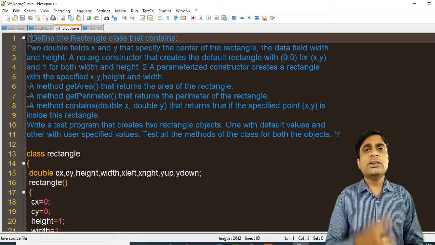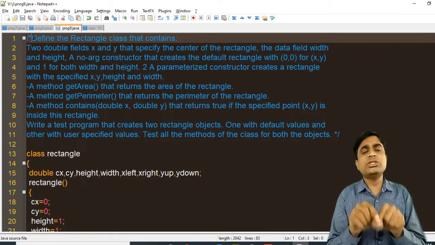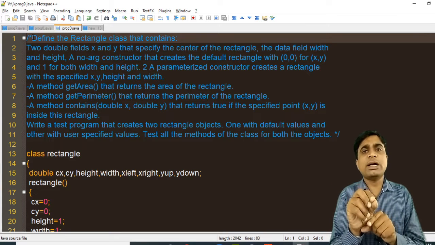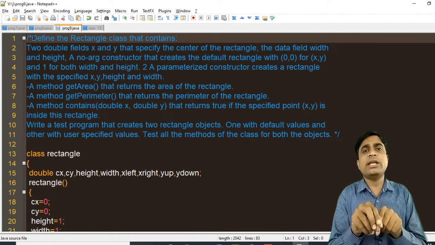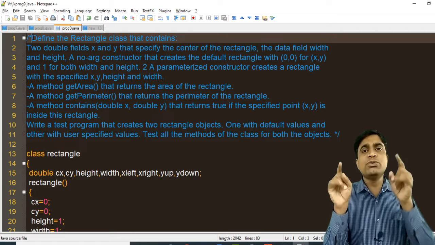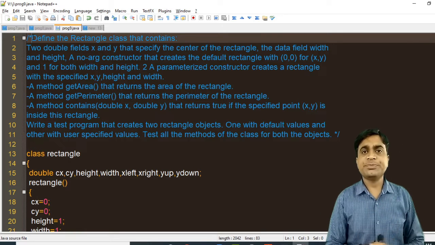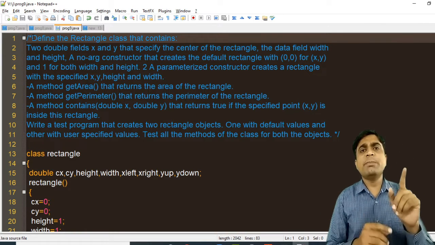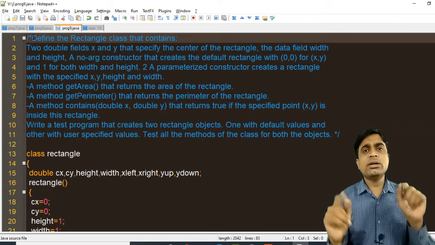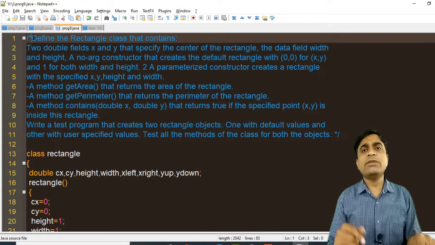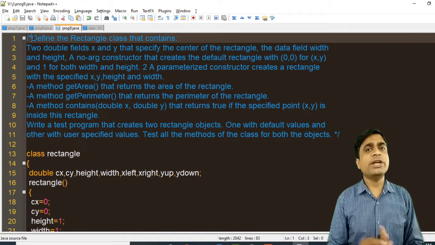So here, first of all, we need to pass the rectangle position, the center point. If the rectangle center point is 0 0, then according to the height and width of the rectangle, we can find out the 4 coordinates of the rectangle. That is the upper left corner, upper right corner, downward left corner and downward right corner. So we need to find the 4 points of x and y coordinates. So this is the program.